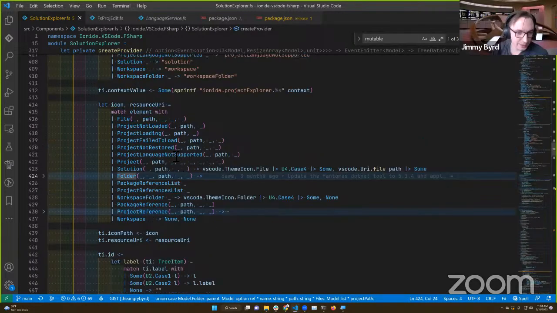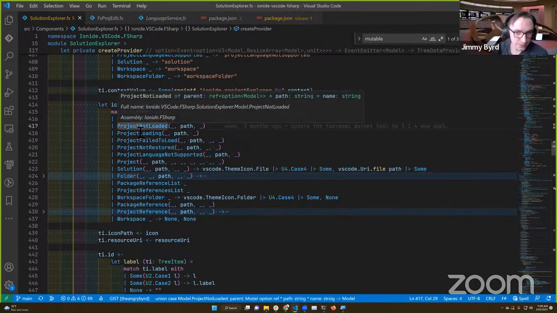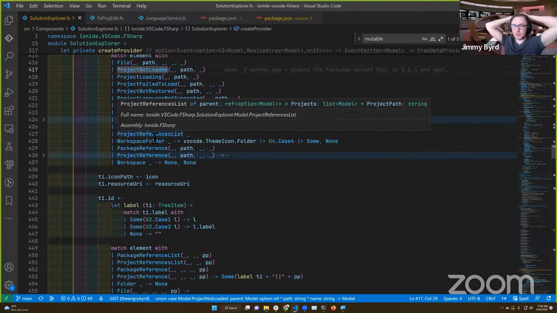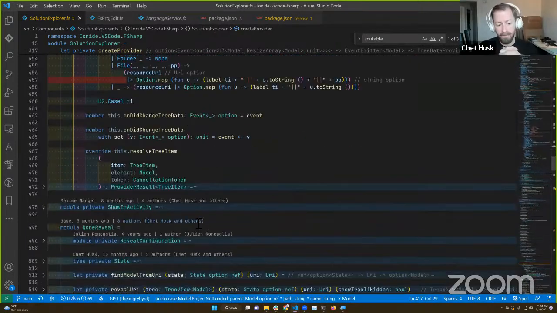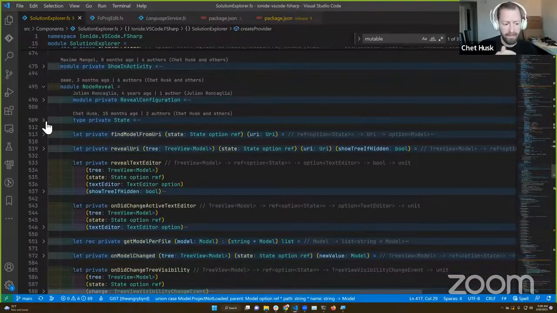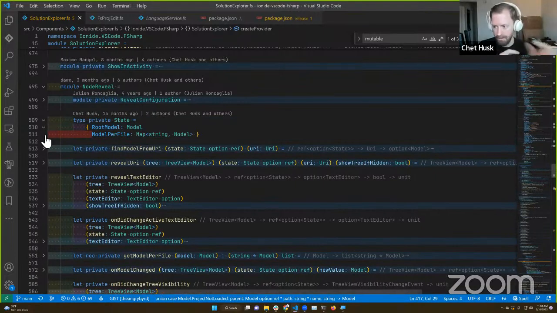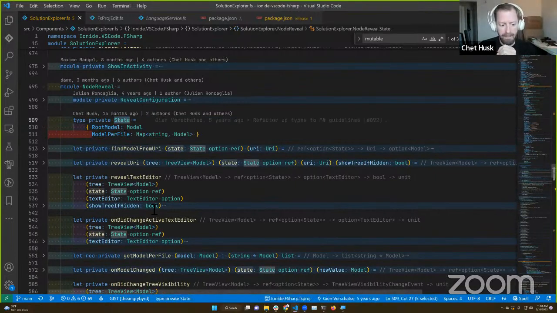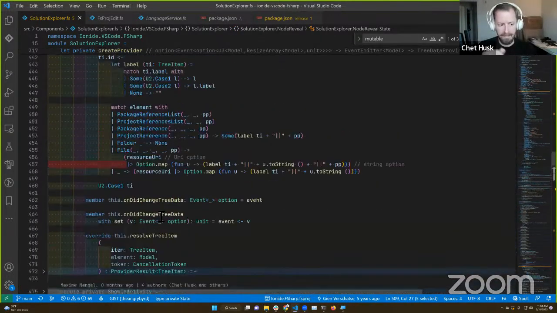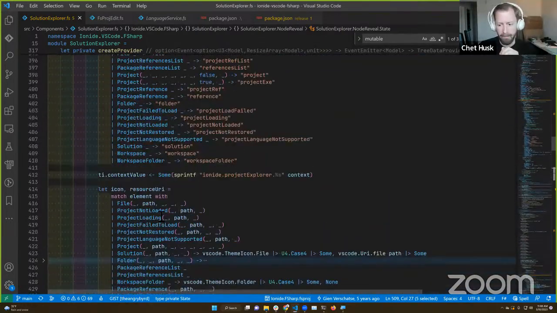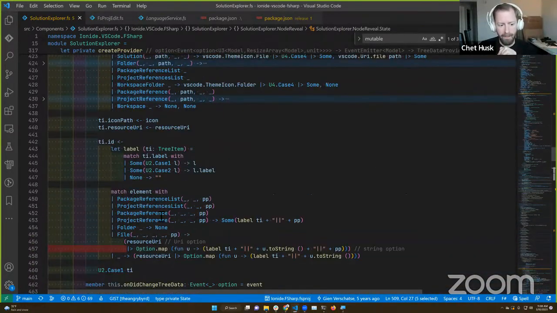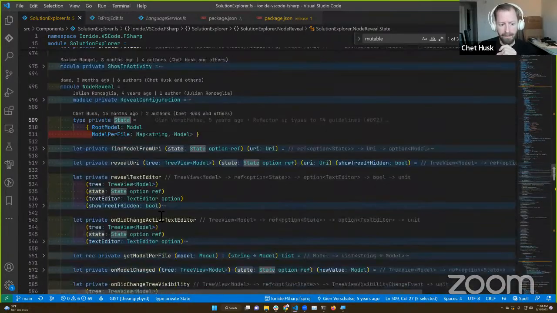I'm just tracking down where, because there are these different models. I was looking for potentially some type of mutable model, but I don't think that exists here. Yeah, not so easy to access. This is an interesting data point. This model, the tree structure that you're walking down, is immutable. It's a DU, the model DU at the very top of the file. But the first position in every single one of them is a mutable reference to its parent.